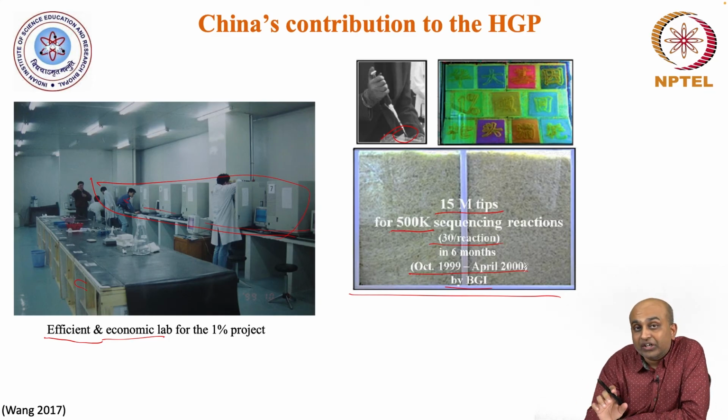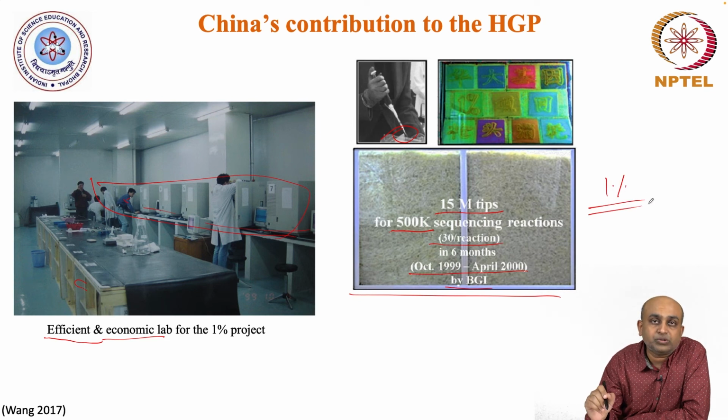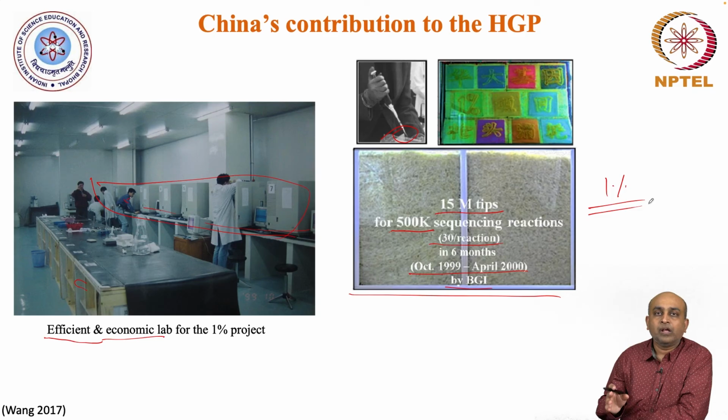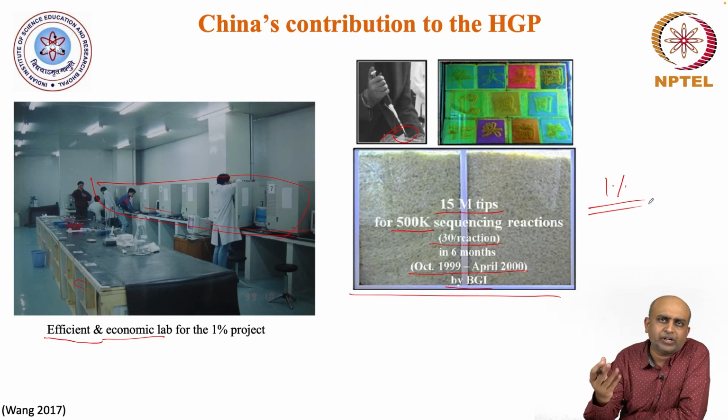So this is the magnitude of the effort, where sequencing is done at a very large scale, and the goal is sequencing 1% of the human genome, right? This is how China really got involved, and as we saw earlier, China has now come to a stage where BGI is developing its own sequencing platform and sequencing large numbers of genomes very routinely. This gives you an idea of how a new entrant can come into a consortium and really change how science is done within the country or within that particular entity, and learn from this bigger consortium.